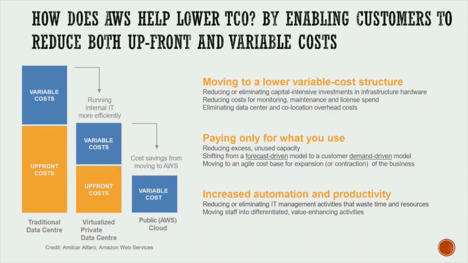So my question is, why in a traditional data center is your upfront cost more than the private data center? Traditional means they're not using virtualization. They're using the old way where you just buy the servers and install your operating systems and application on that. So why would you think the upfront cost in a traditional data center will be higher than the virtualization enabled data center, and why is it zero in the public cloud?